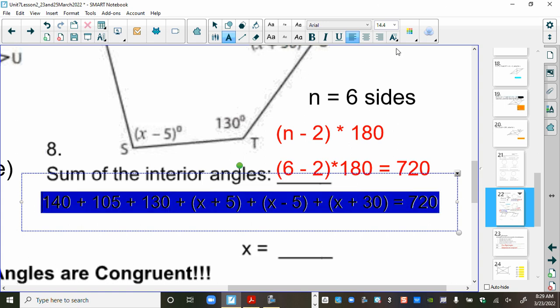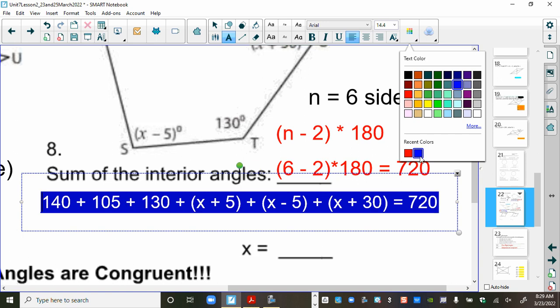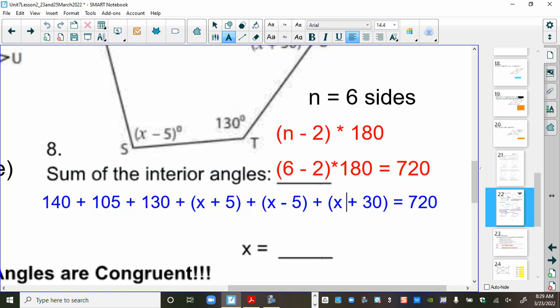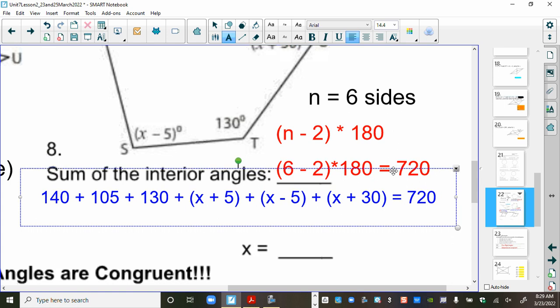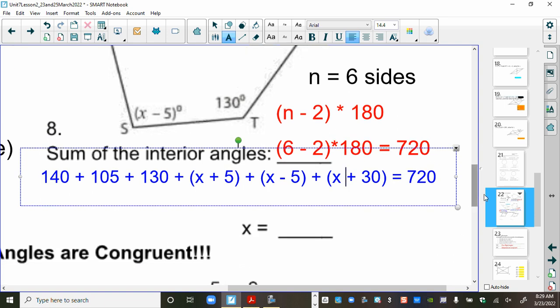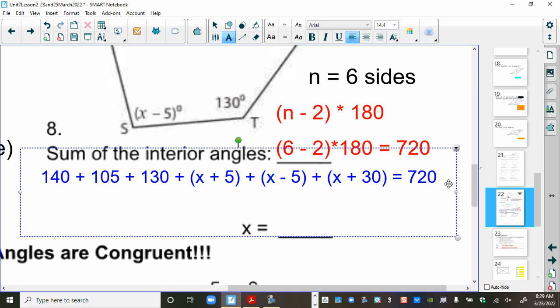And then, of course, like before, we need to do what? We did it in the previous problem. We had to combine like terms. All right. At this point, I'm going to stop with this. You have to combine your like terms. Again, how many x's do we see? All right, so it's going to be 3x